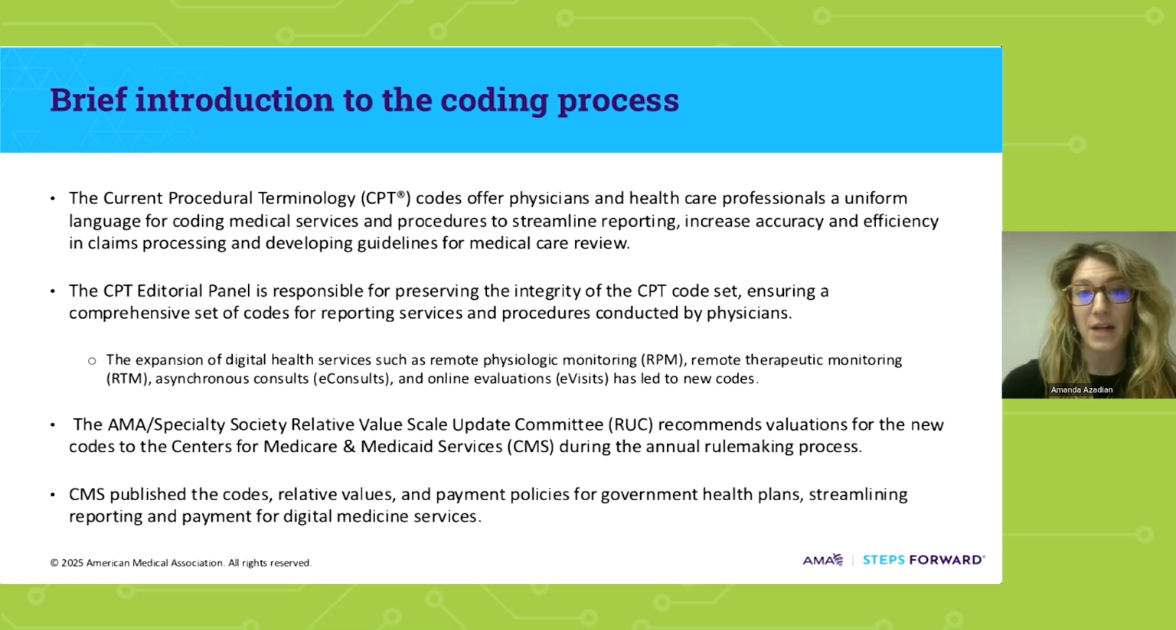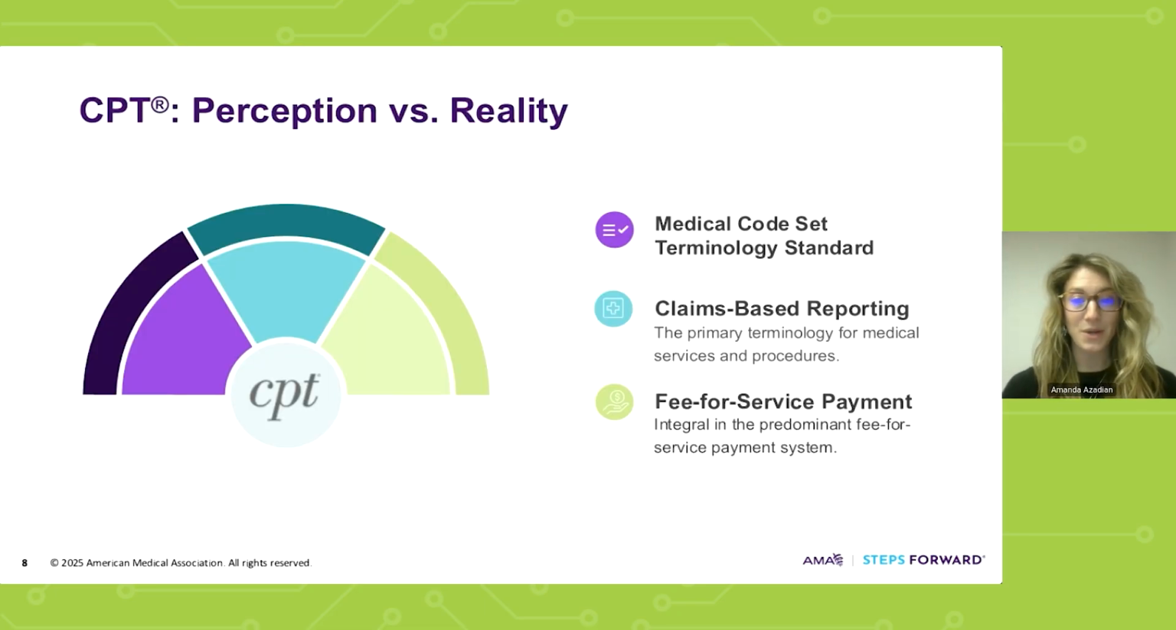Those relative values are provided to the Centers for Medicare and Medicaid Services, or CMS, who then use that information when determining payment rates for services for Medicare beneficiaries. CMS then publishes the codes, relative values, and payment policies for government health plans, streamlining reporting and payment for digital medicine services. So if we go to the next slide, we can see how we typically think of CPT